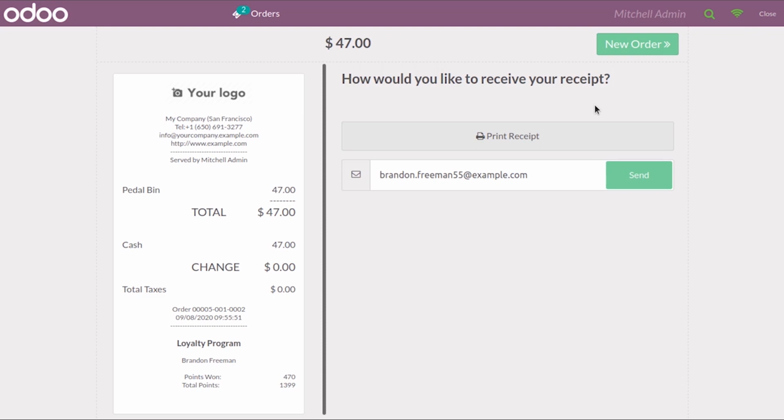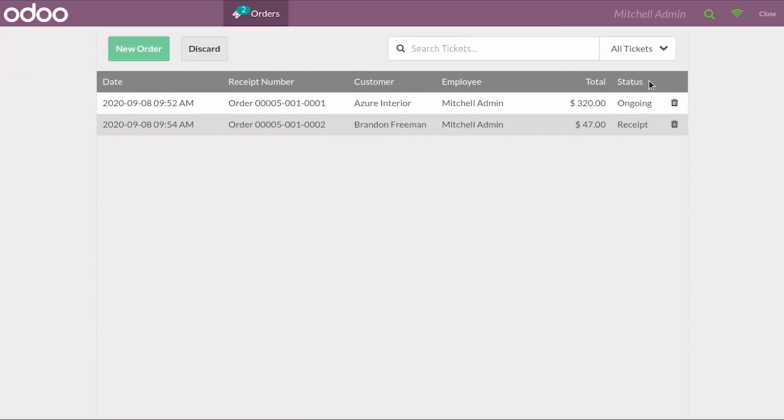So these are some of the new features that you can see in point of sale. That is, in case of the view, after validating your amount, you will be taken to such a page where you have the email address and you can send it from here also. And in case of orders also, you have the status wise filter, so you can easily catch your orders based upon different status from here. So these are some of the new features that are added in case of the opening section as well as the order management, where you have the different status.